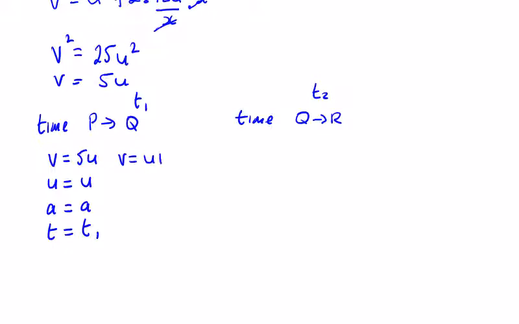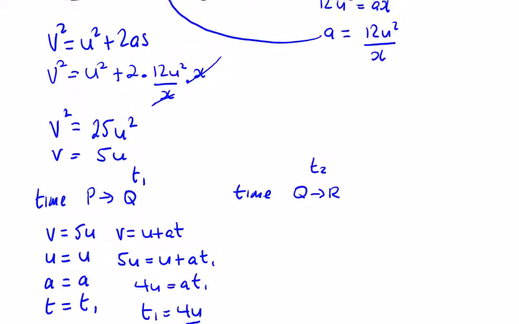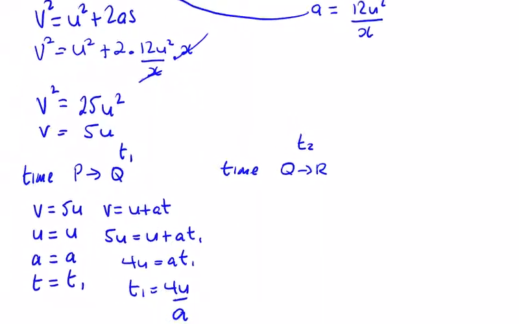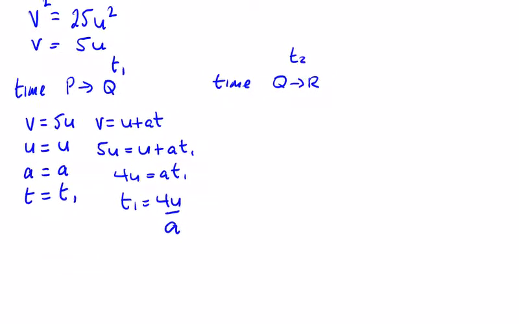So v is equal to u plus at. 5u is equal to u plus at1. 4u is equal to, not at squared, at1. 4u is equal to at1. So t1 is equal to 4u over a. We're asked to show that that's twice the time taken from Q to R, so we should get 2u over a. So at Q,